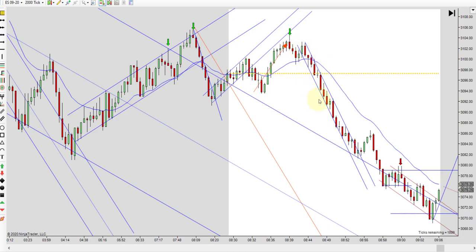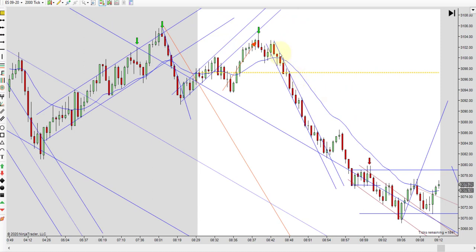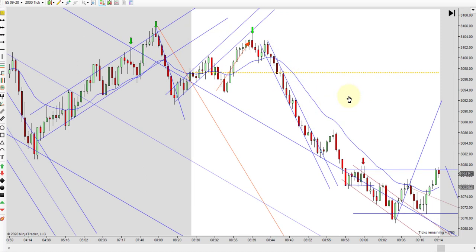So, and it's a shame you can't get this nice move down. But if you chase this and try to enter down here, exactly what would happen, as soon as you went short, it'd bounce on you. So these will work just enough to keep you trying to take them, and most of the time you'll just get burned on them. But you may enter here. I marked it green,